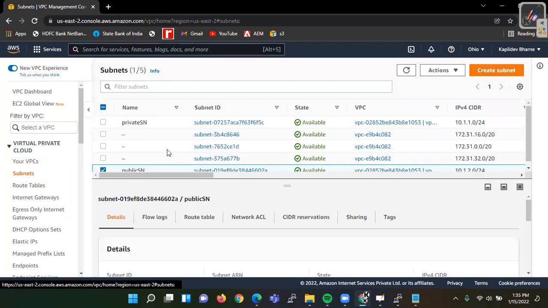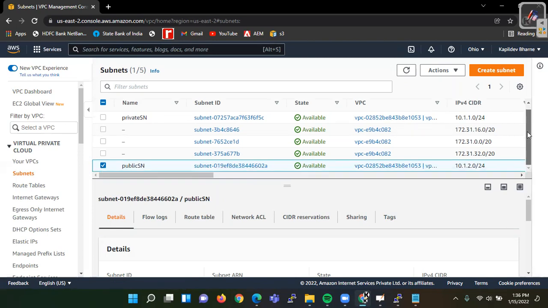Now see here, for private it is 10.1.1, and for public subnet it is 10.1.2. Public route table.